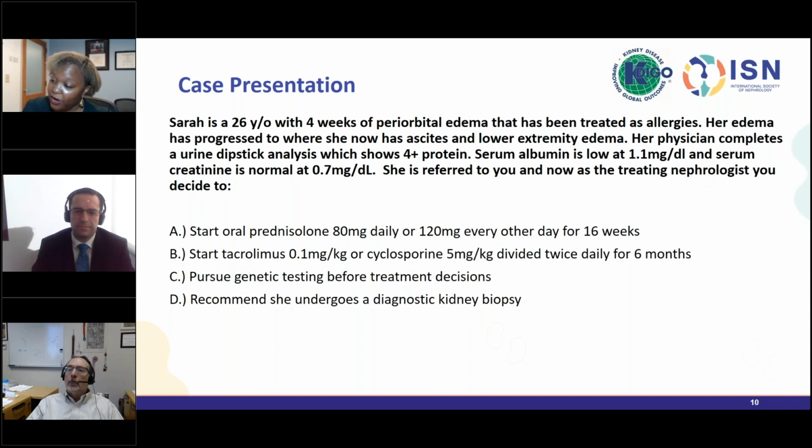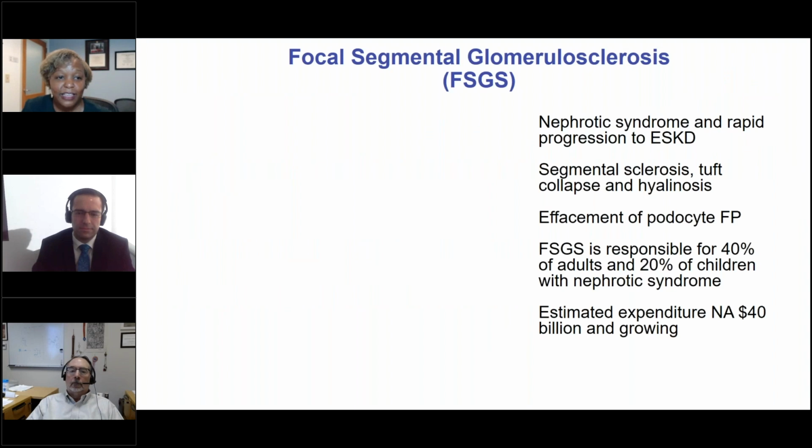Are you going to start tacrolimus or cyclosporin, so begin a calcineurin inhibitor and treat her for 6 months? Are you going to pursue genetic testing before you make any treatment decisions, or are you going to recommend that she undergoes a diagnostic kidney biopsy? And many of you will recognize that our standard of care on the adult side is to start with the kidney biopsy. So this is completed for Sarah, and in fact, we find that she does meet a histologic diagnosis